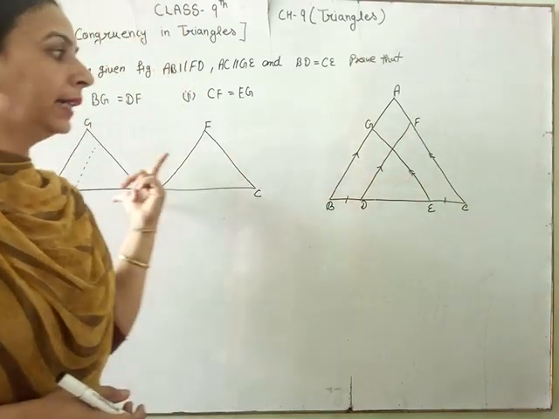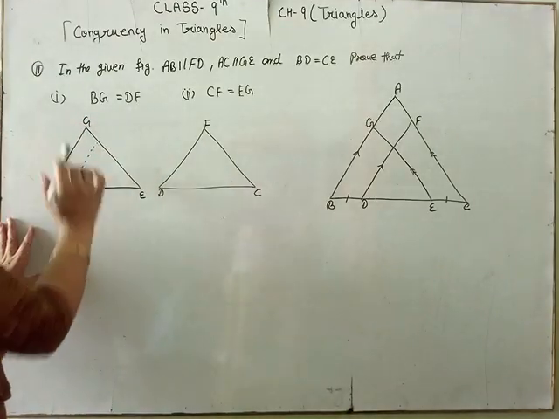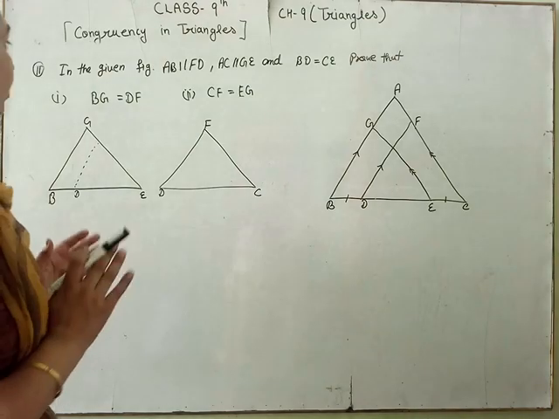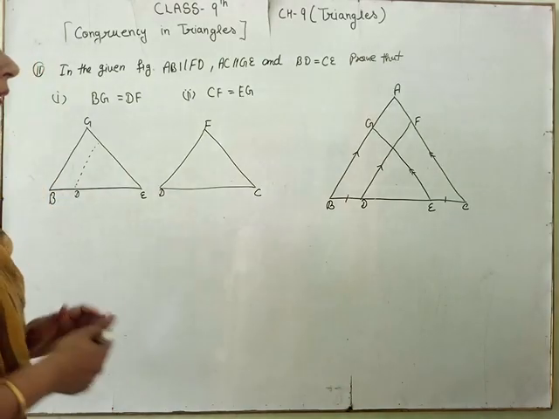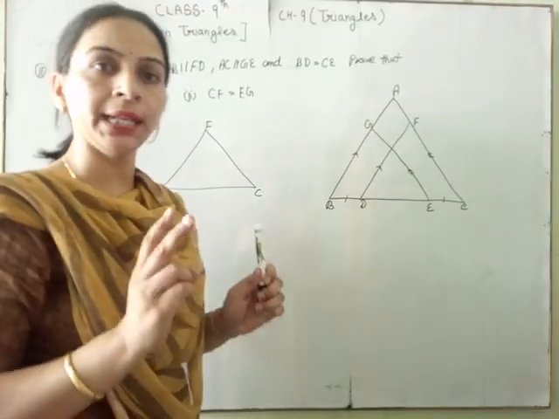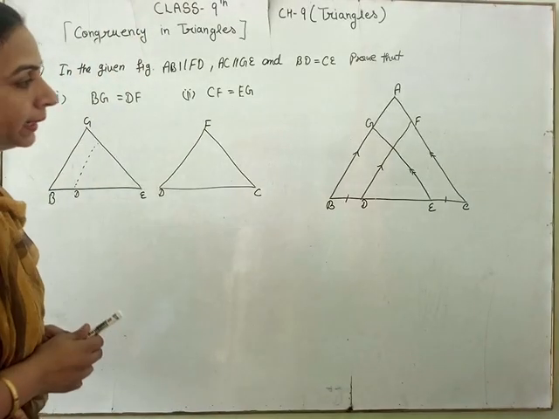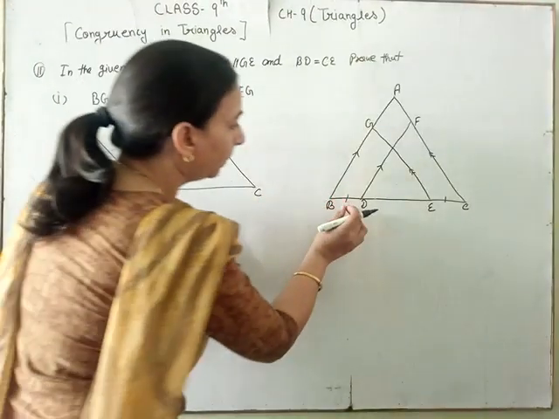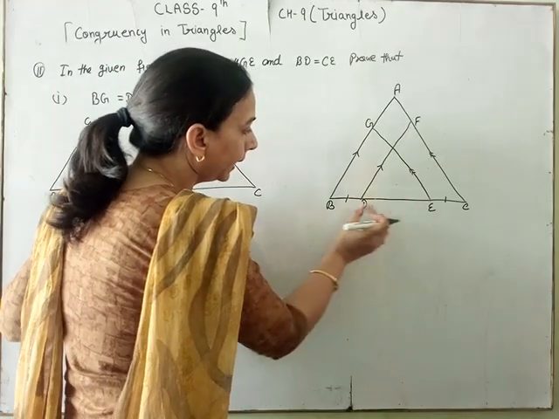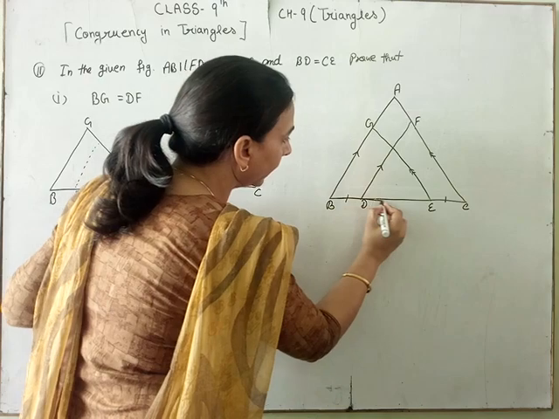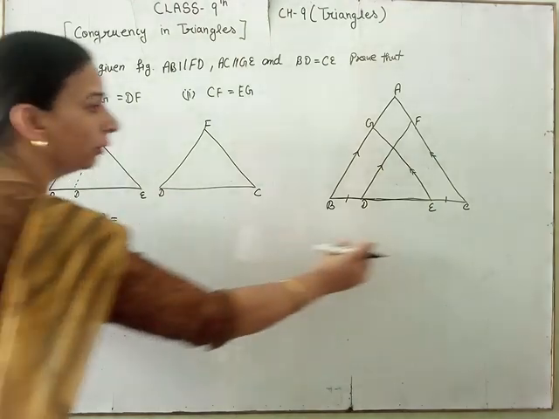Then we find it. We have to show, according to these triangles, that BG equals DF. Student, first we show that these two triangles are congruent, then by CPCT these two parts are equal. For congruence, we show three conditions, any axiom out of the 5 axioms. First we take BD equal to CF. If we add DE to BD, then it completes BE. We have BD equal to EC.